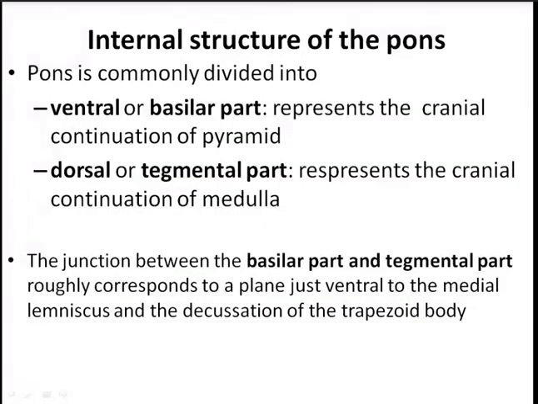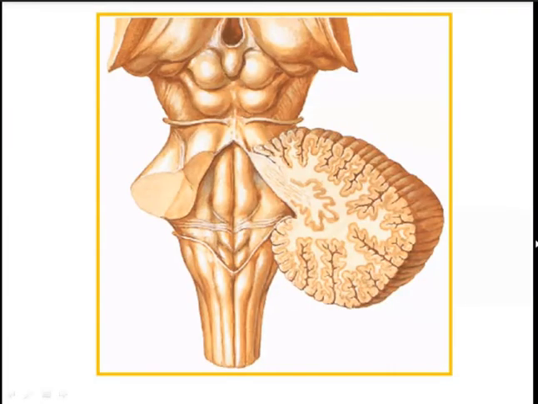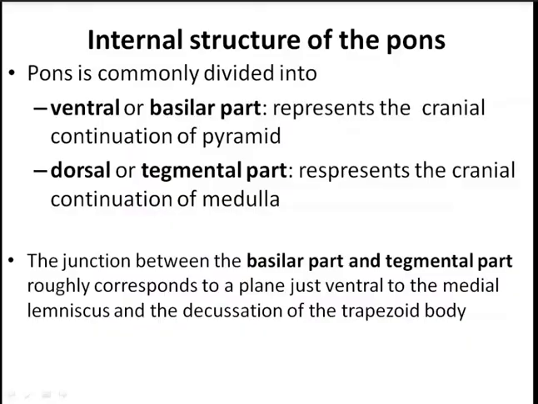That is all about the external feature. Once again, on the posterior surface: the median sulcus, the median eminence, and the lower part of the median eminence is a bulge that is formed by the facial colliculus, then the sulcus limitans, and this one is the vestibular area. So this is the posterior surface of the pons. The posterior surface of the pons and the posterior surface of the medulla oblongata, in total, form the floor of the fourth ventricle. Do we have any queries till now?